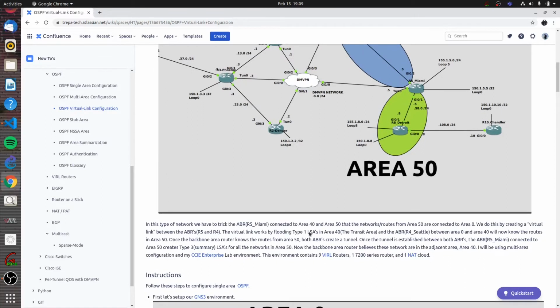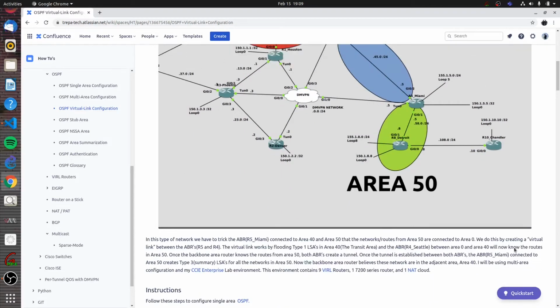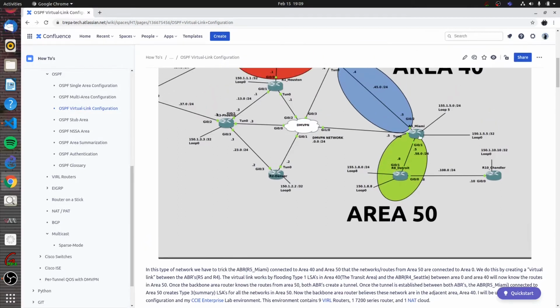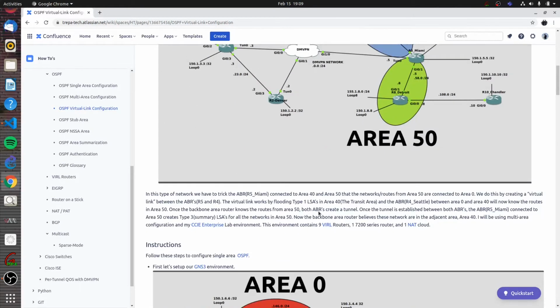This virtual link works by flooding type 1 LSAs in area 40, and then the ABR R4, which is between area 0 and area 40, will now know the routes in area 50. Essentially, R5 in that virtual link makes these routes believe that they're a part of these areas. So once the backbone area router knows the routes from area 50, both ABRs will create a tunnel. Then once those tunnels are created and established between both ABRs,